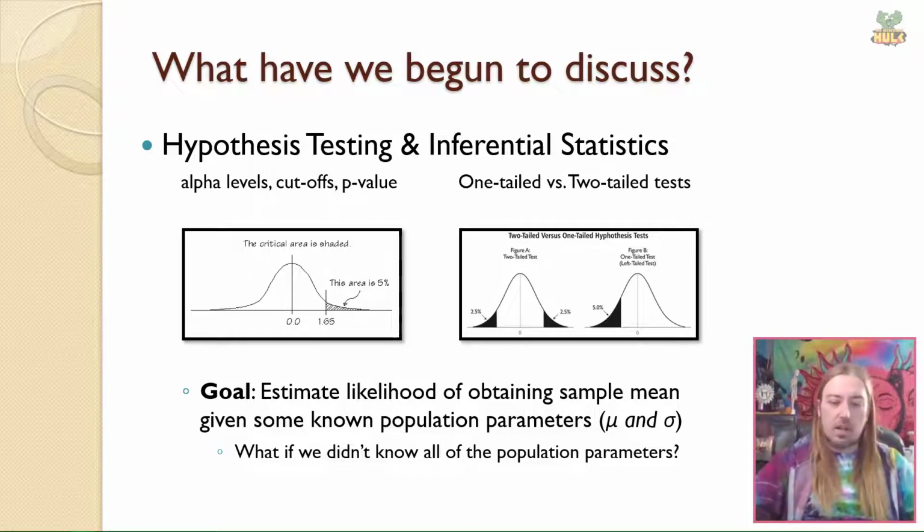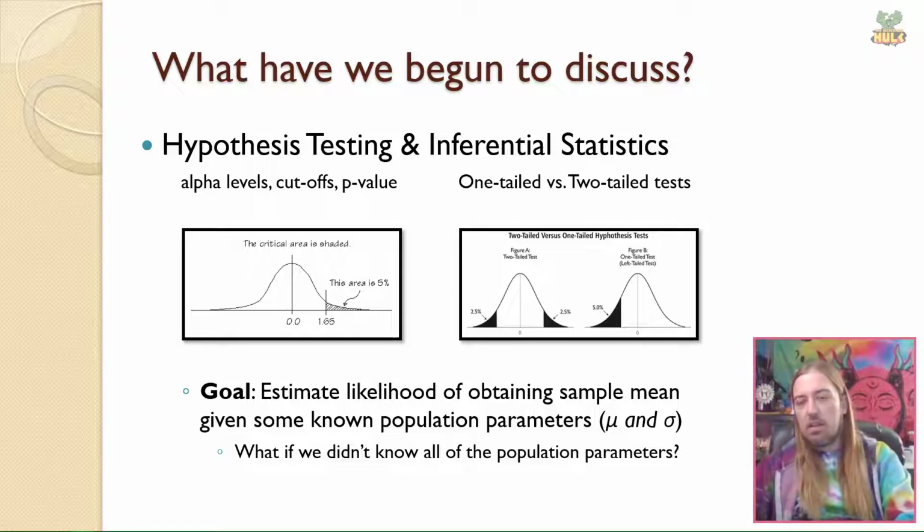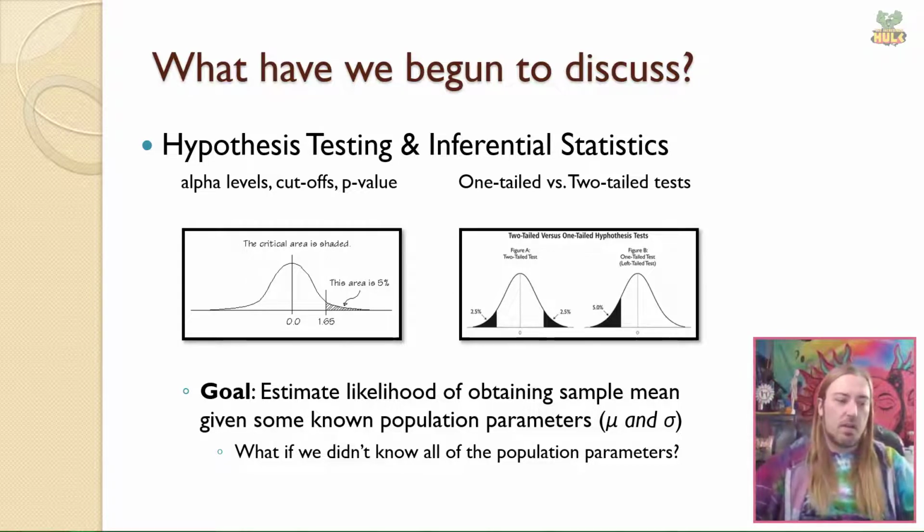But it's entirely possible that you might be, let's say, even less conservative, and you're willing to take a 1 in 10 chance, a 10 in 100 chance, a p-value of 0.10 instead of a p-value of 0.05. In this case, we have to look up a cutoff value that corresponds to 10% of the distribution being in